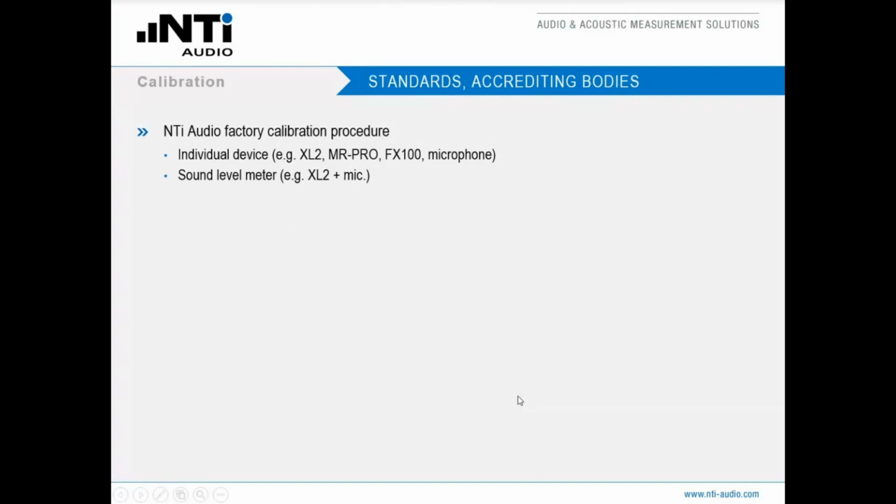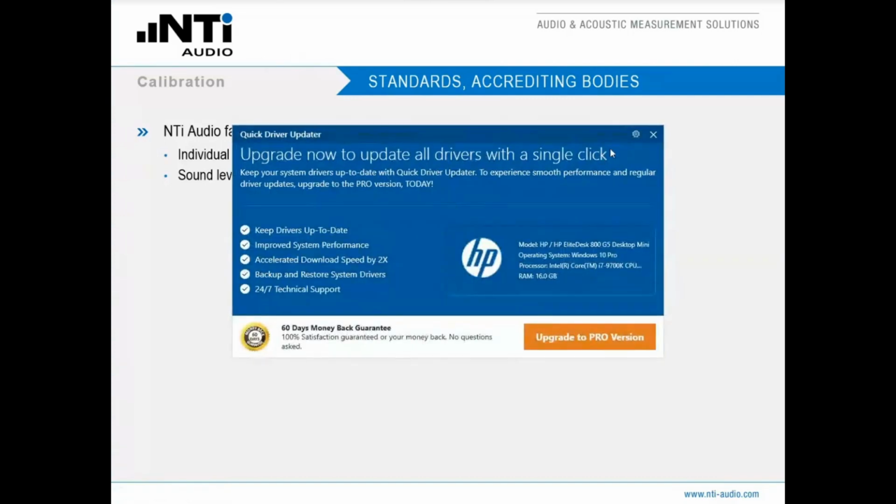Some words about standards and accrediting bodies. We as NTI Audio are offering the so-called factory calibration. This might be an individual calibration of an analyzer, of a microphone, whatever. Or we can also execute that calibration on a sound level meter, so for instance the XL2 plus a microphone as one unit.